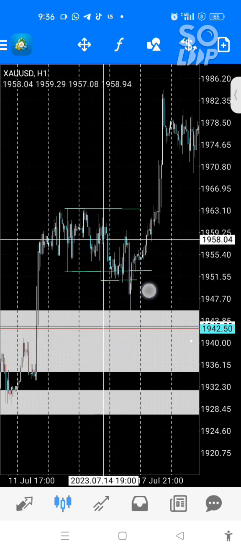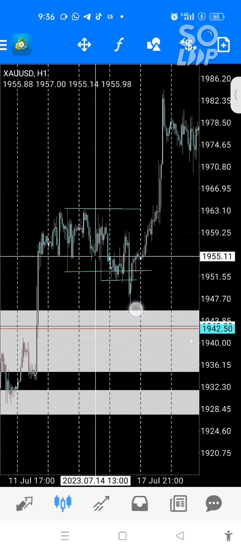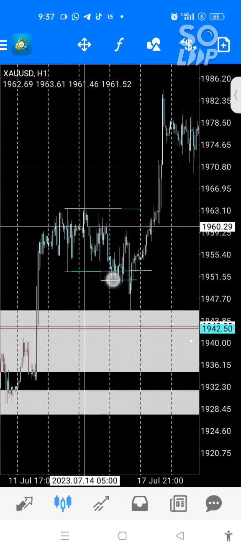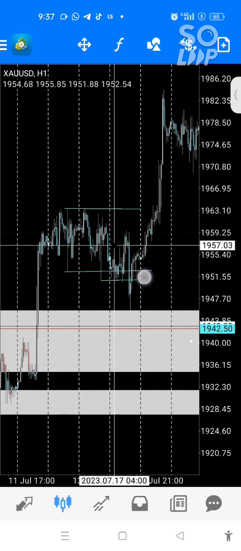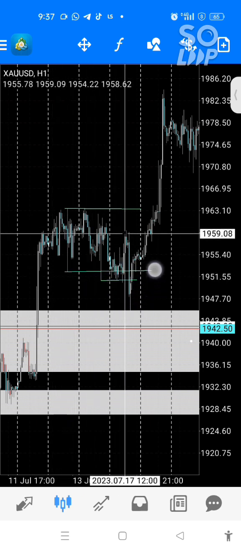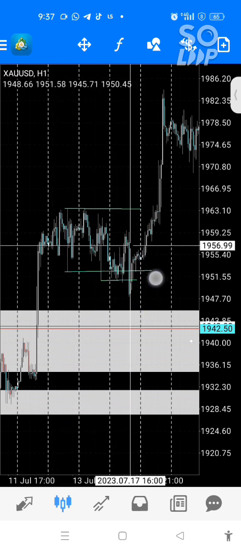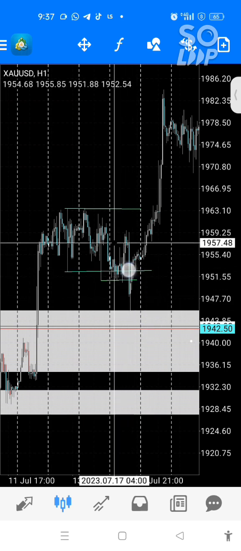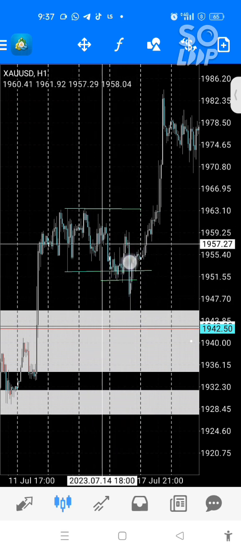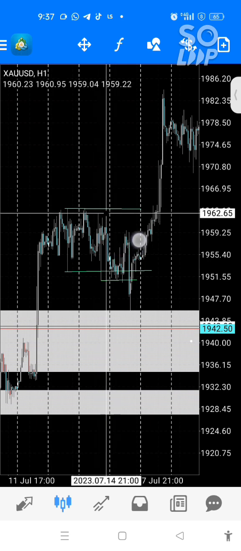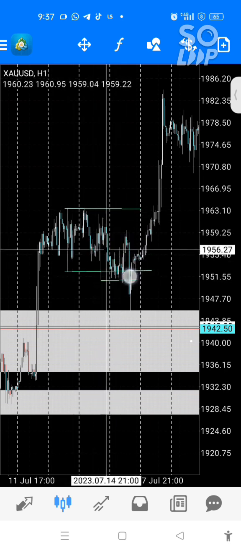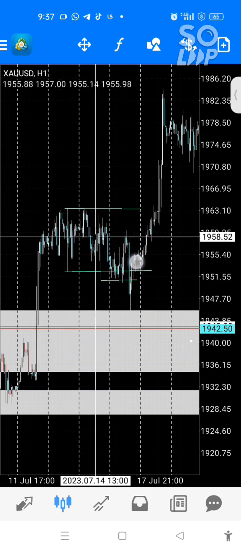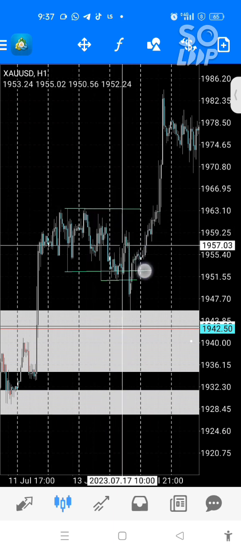You choose a setup, a high probability setup. That's what we are looking for. A high probability setup, a setup that will give you more reward than it will take from you. The market may even give you a setup every day, but as a professional trader, you are not supposed to be trading every day. You are supposed to be looking for the highest probability trade to pick.